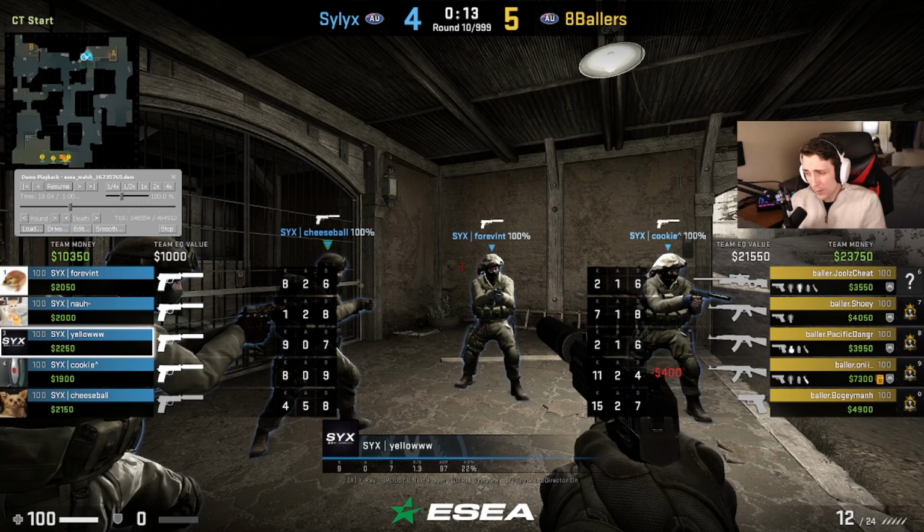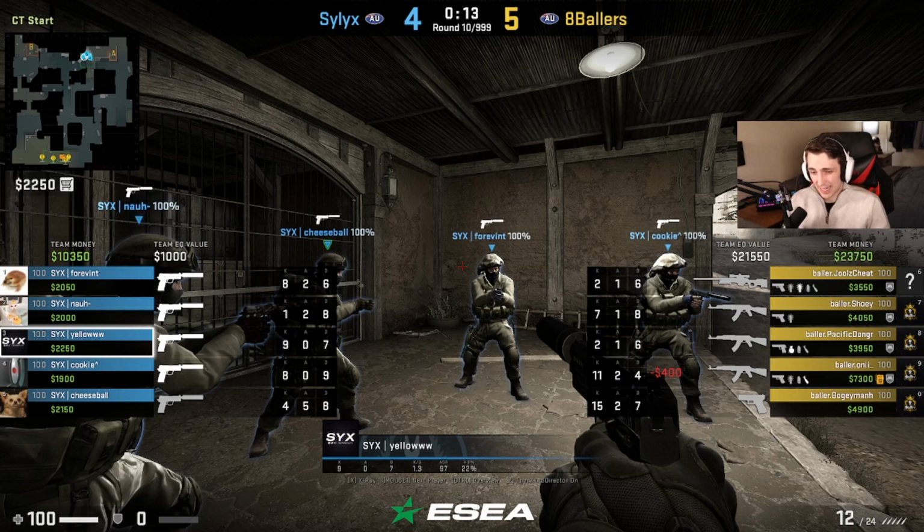A couple of wins would sort of put Sylyx back in the right place, but Sylyx have to eco right now. They want to buy next round. They can't force again. So 8ballers are very likely to start building up this economy in this bank, and now they're sort of in the driver's seat. The closer it gets to the end of the game, because after this round, it's going to be round 10 with only 5 left,